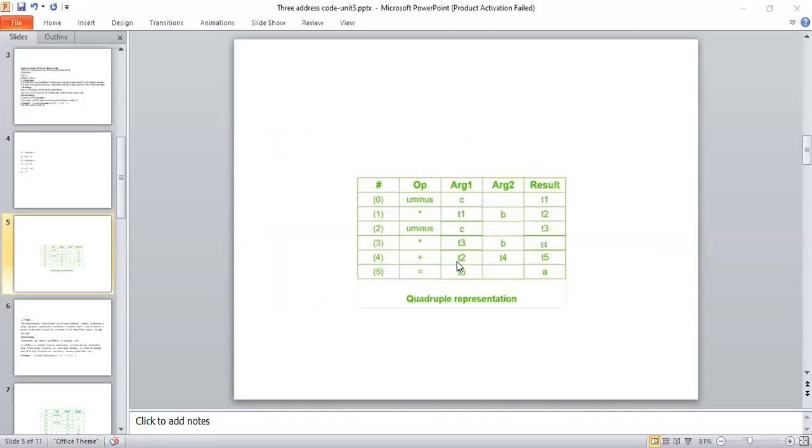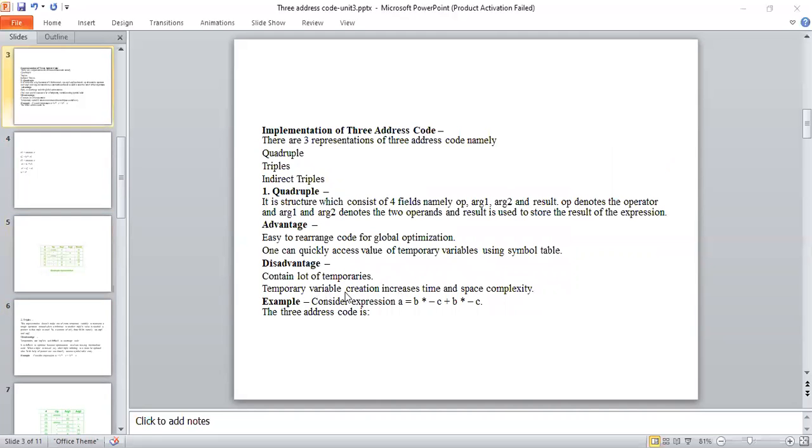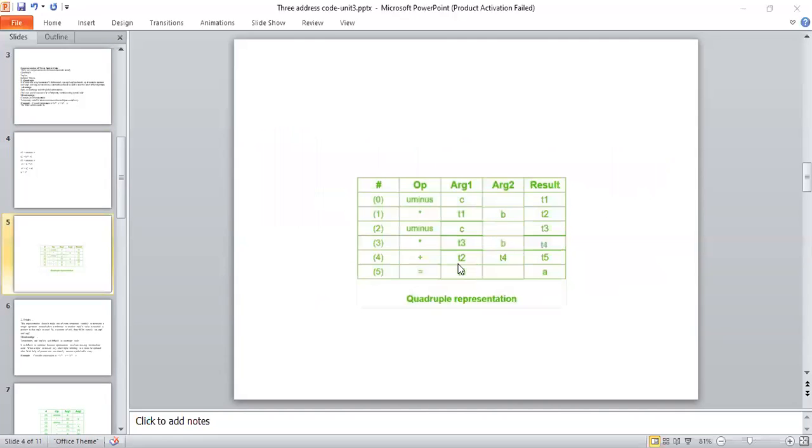The drawback of quadruples is using a lot of temporaries, or a large number of temporary variables. Because of these temporary variables, it takes more memory space and more time. So the time complexity and space are very high for quadruples.